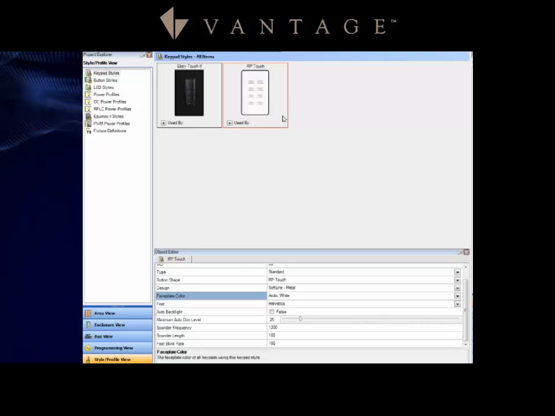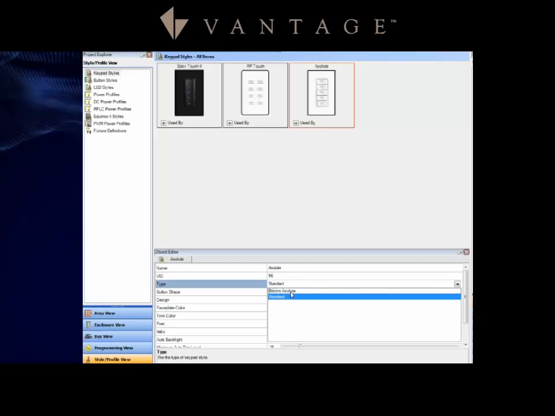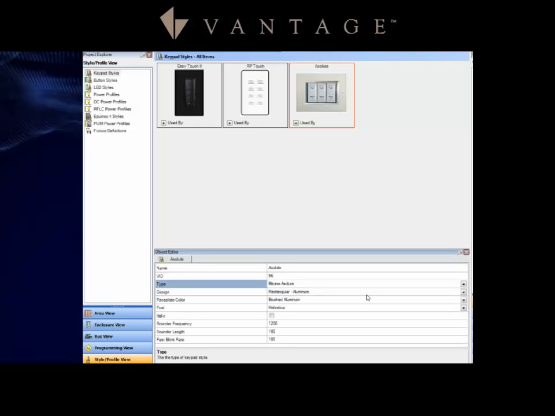So moving down the row, I need another keypad for the Absolute. I'm going to do this the other way, where I right click on the keypad and click Add a Keypad. And now I have my third style here. I'm going to call that my absolute. Change under the type to the Bitticino absolute,